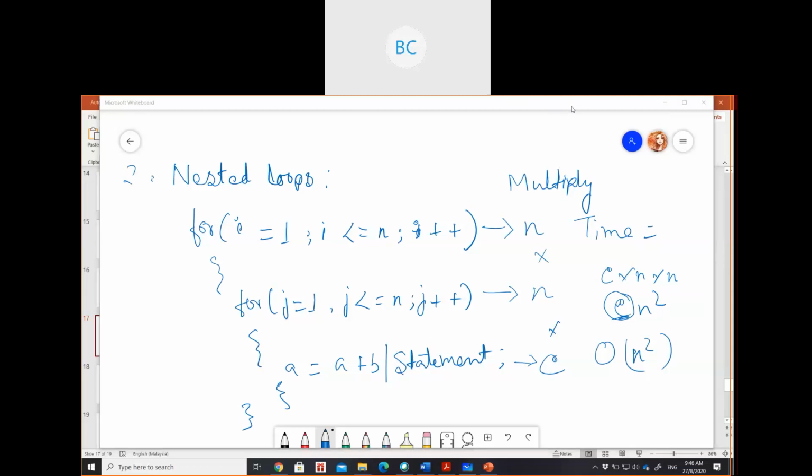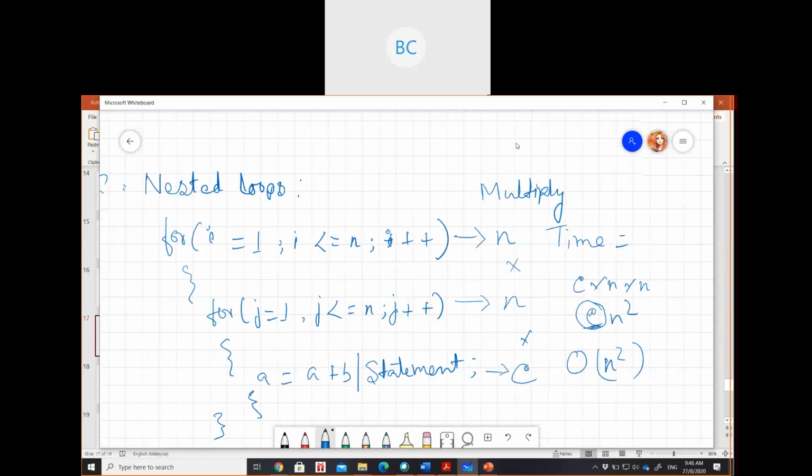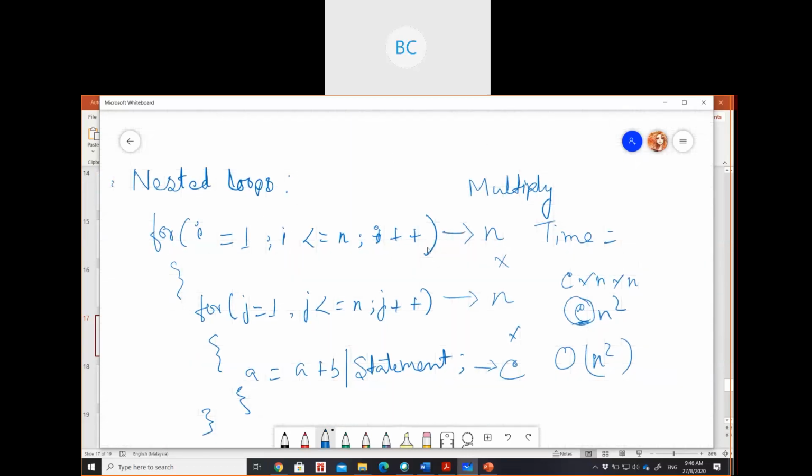Someone answer. For matrix. Yes, correct. It's for matrix. Matrix is a two-dimensional array. So most of the time we use matrix addition or multiplication, or any two-dimensional array, using nested loops. So for the nested loop portion of a matrix, the time complexity is always O(n) square. Whenever you see nested loops, remember the time is O(n) square.